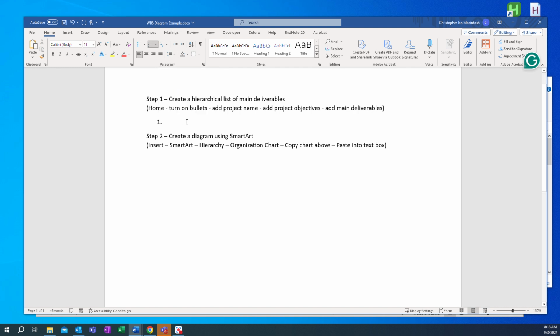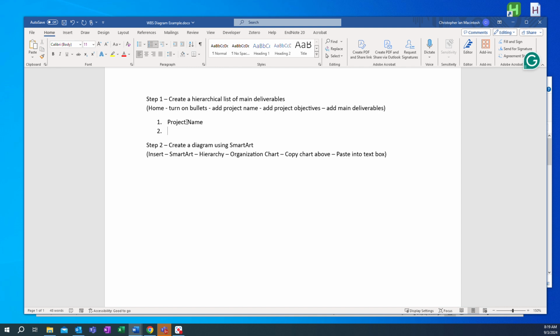So the first thing you want to do is the name of your project, and you want to use pretty short descriptions here, 2 or 3 words, because it's going to fit in the chart a lot better. So use something very succinct but somewhat descriptive because it just makes it easier to follow along with. So you're going to have a project name, and then you're going to go down to the next level and hit tab to indent, or you can use the indent buttons up here, and